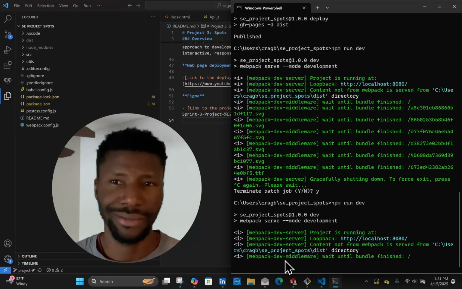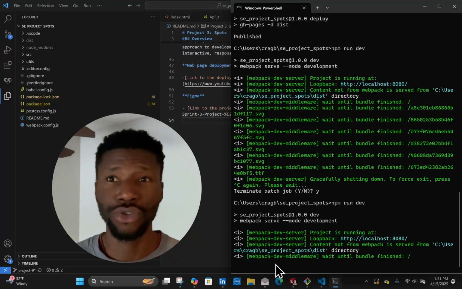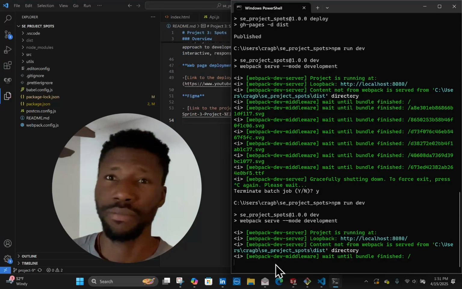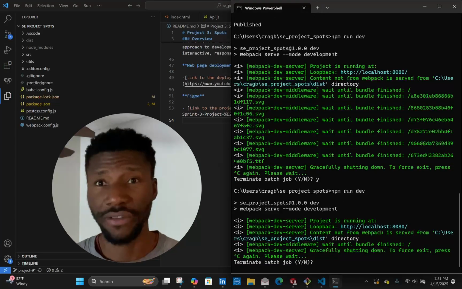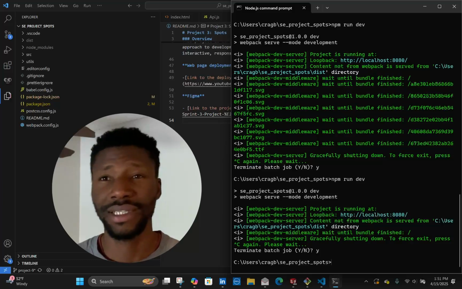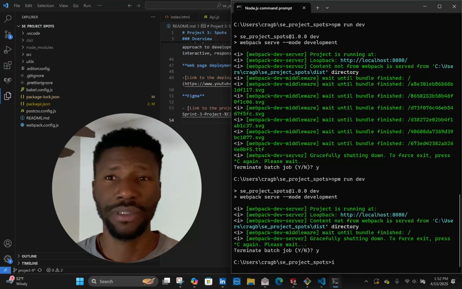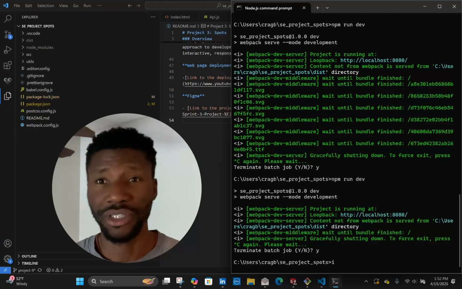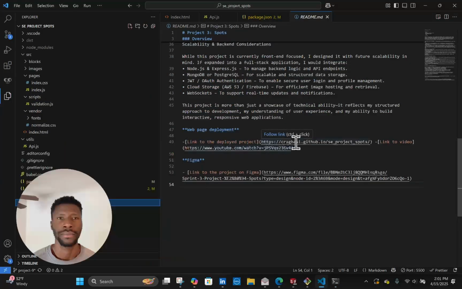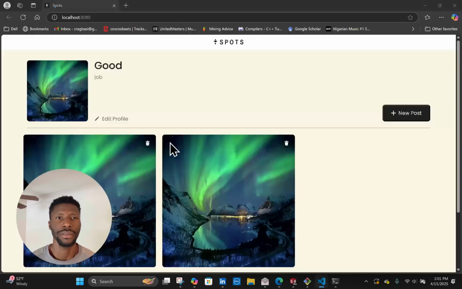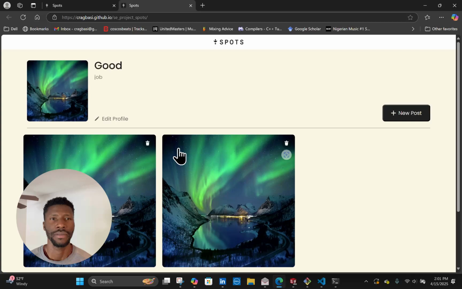Webpack, what is Webpack? Webpack is a module bundler for JavaScript applications. Its main job is to take your project files, JavaScript, CSS, images, fonts, etc., bundle them together and produce optimized files that can be served to the browser. And we can open the web app following this link. Here's the Spots web page,